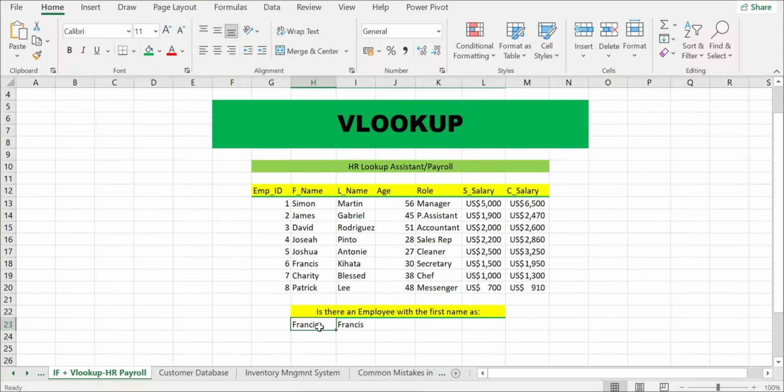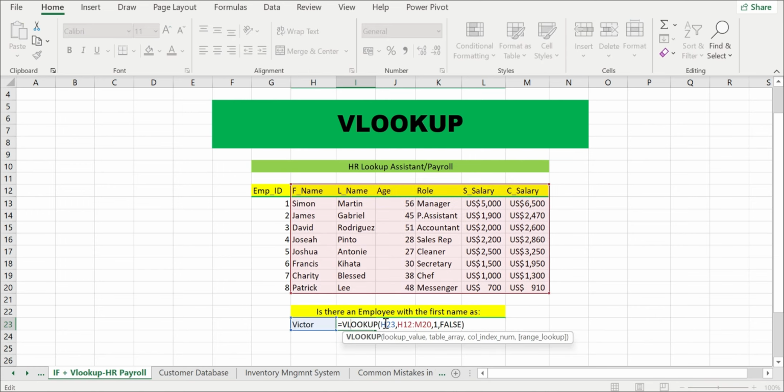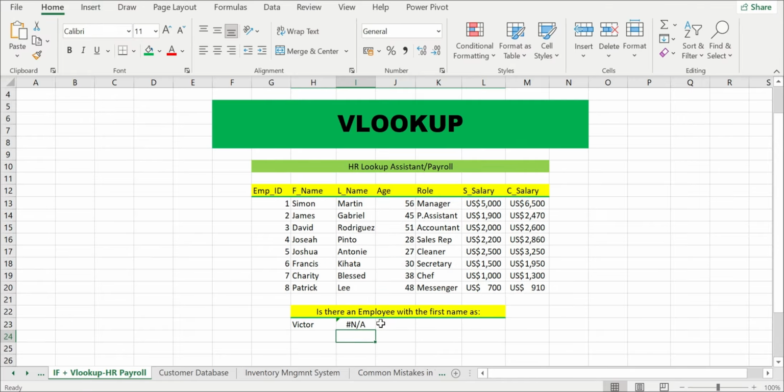Now, what if we add a scenario where we have Mark? You can check that we do not have Mark, so it's not applicable. What if we add Nick? Not applicable still, because we do not have Nick here. What if we add Victor? Not applicable still. So here I would want us to customize this not applicable